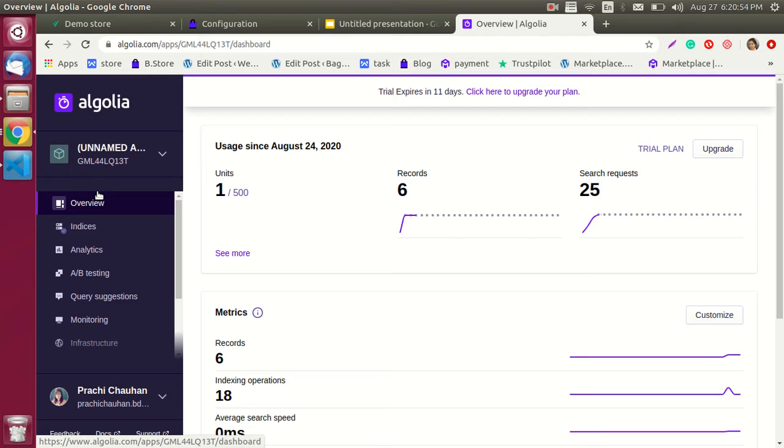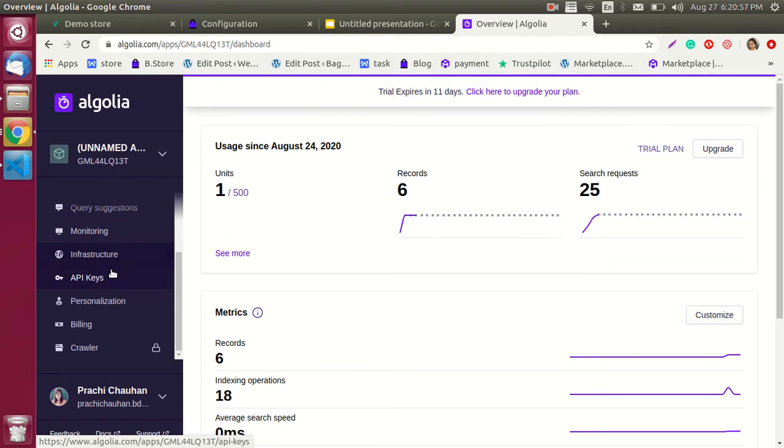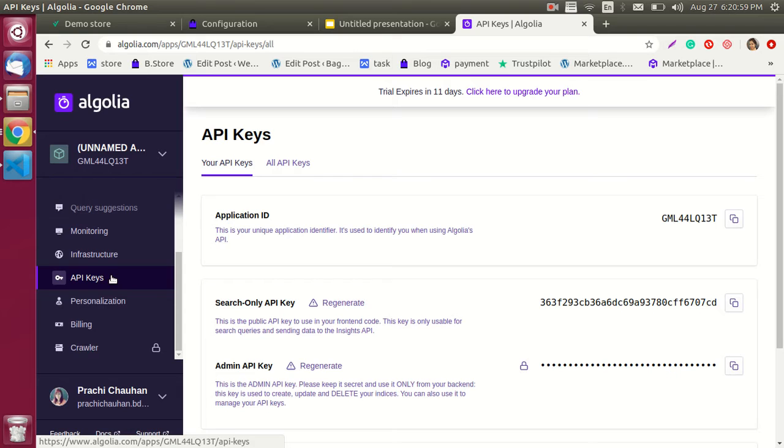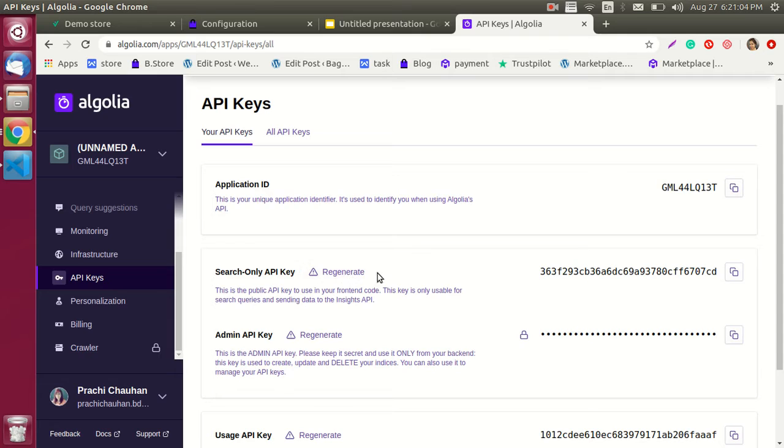So guys, once you go to your Algolia account, you need to navigate to the API keys section, where you will find the application ID, search-only API key, and admin API key. This is the secret key basically. To successfully integrate Algolia, you have to copy this application ID and the admin API key, and paste them in the config file, the scout.php file in the config folder, so that you can successfully use it.